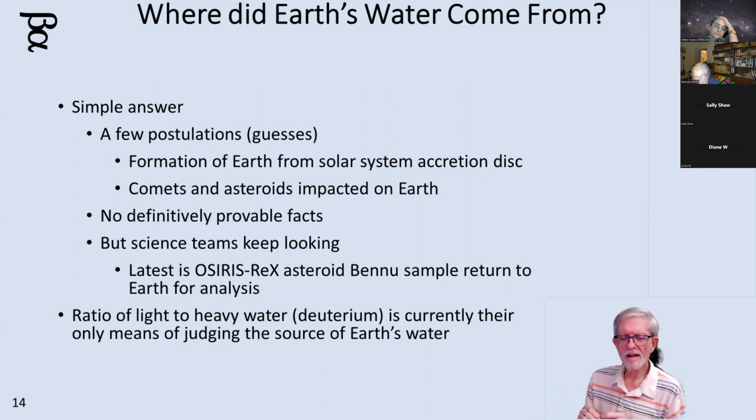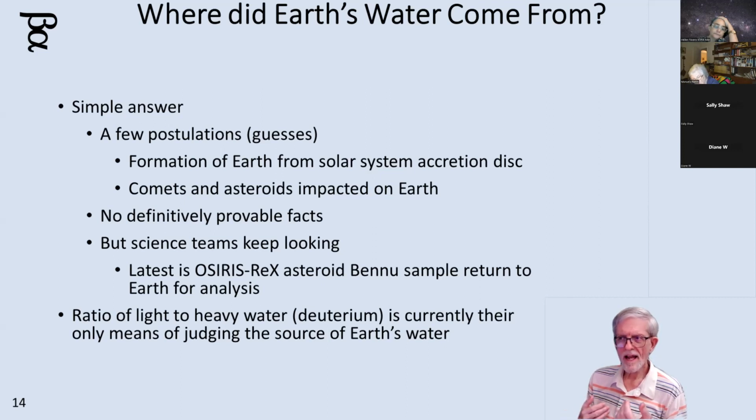The Earth's dominant water has a very small amount of heavy water in it, deuterium. But we're finding that stuff that comes from off the Earth has a higher concentration of deuterium in it. So we have no way of saying, yep, that's just like our water, because it's just H2O. But if you look at the H atom, you can add a neutron in there and get deuterium.